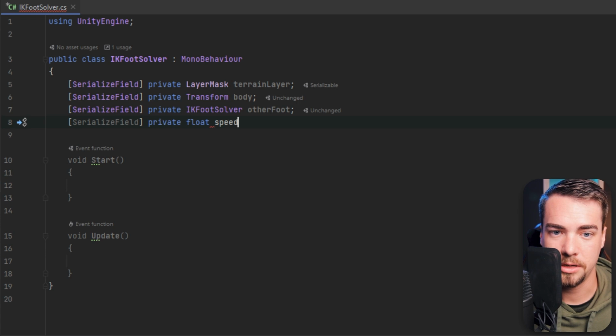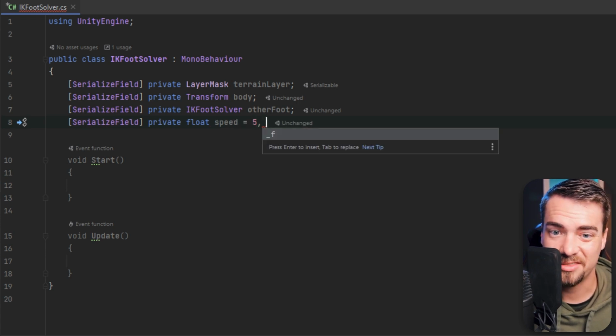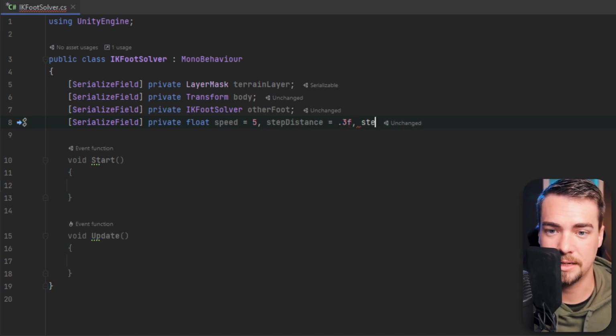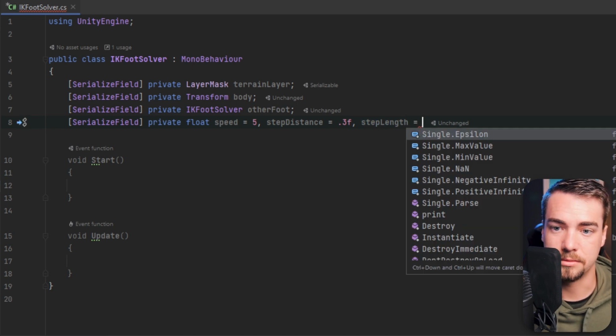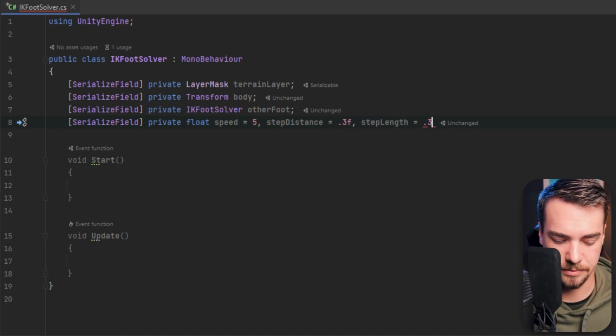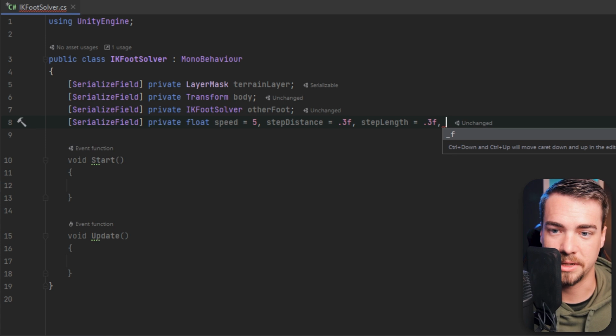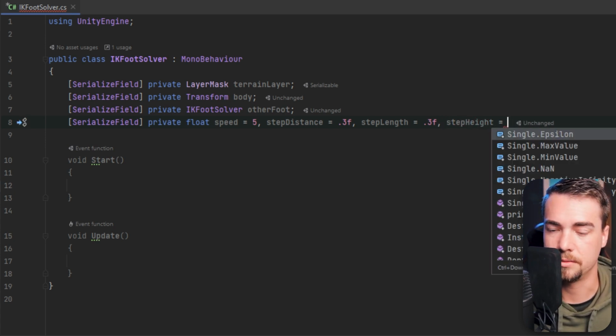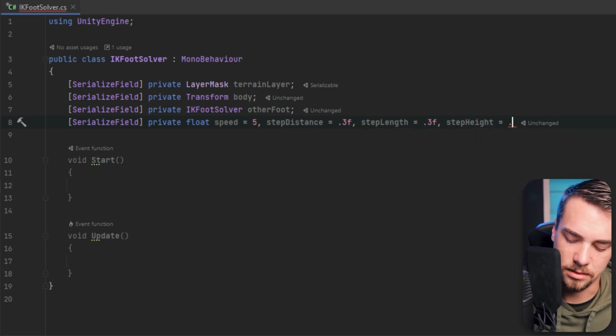We want a speed. This is going to be equal to about 5. I've found that works pretty well. A step distance. We're going to set that equal to about 0.3f. A step length, which is going to be equal to the step distance. So whatever you set the step distance to, you also want the step length to be about equal to it. And then we want the step height, and that's going to be equal to, let's go with 0.3 as well,